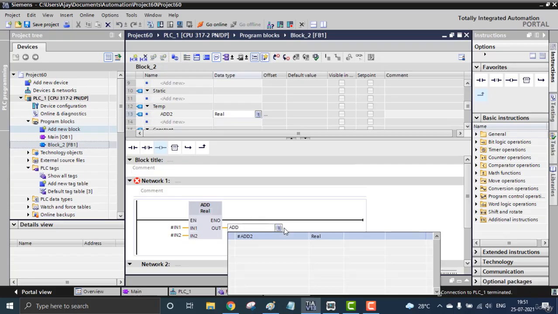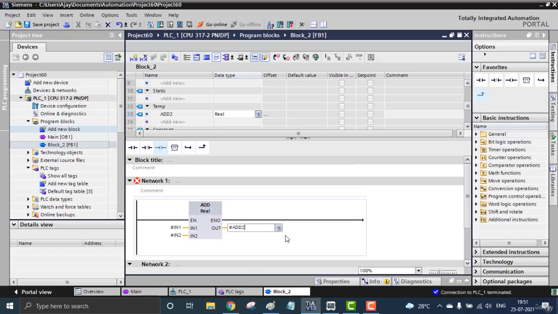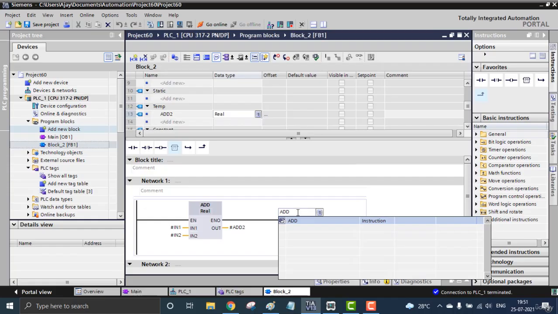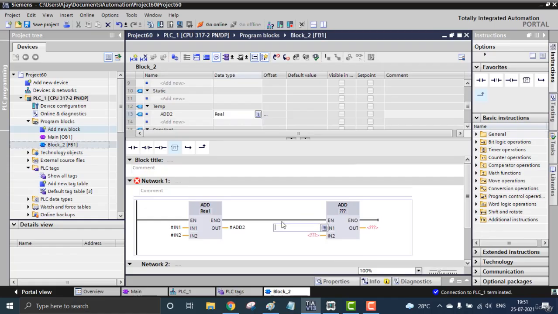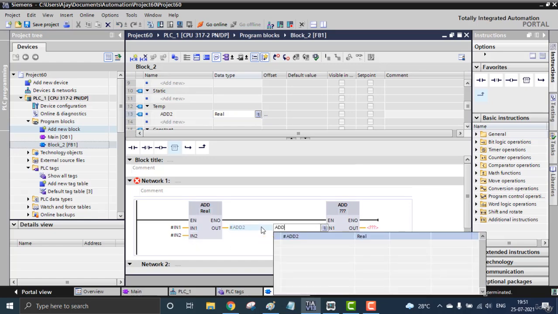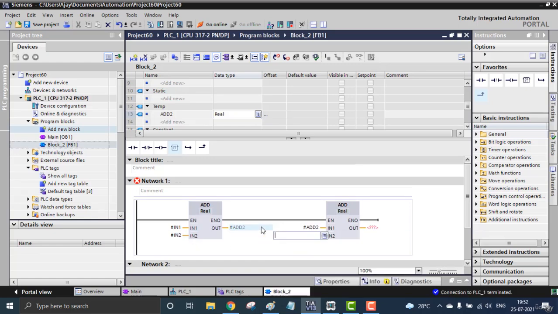Then I'm using another block for the next addition. So add, and enter. The next addition will be happening: add2 will be added with in 3. So the first 2 results will be added with in 3.